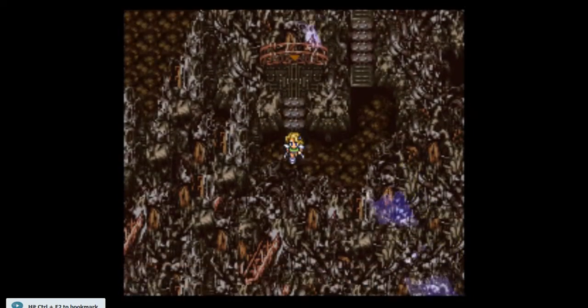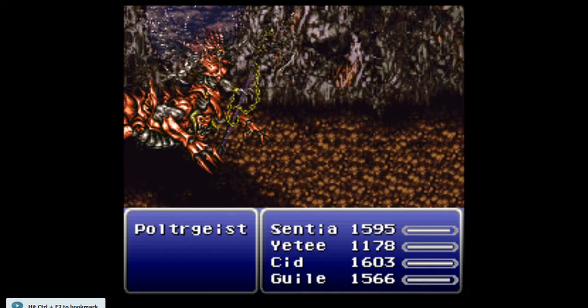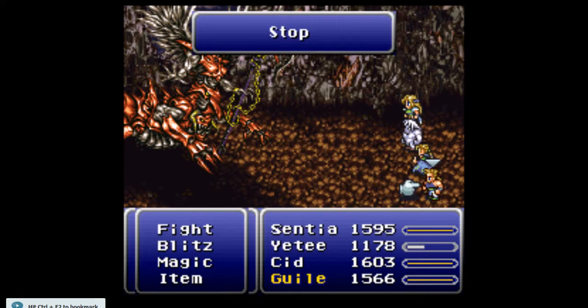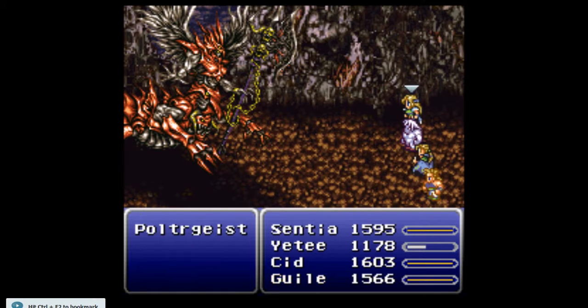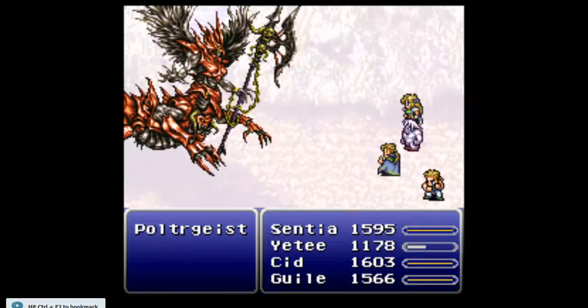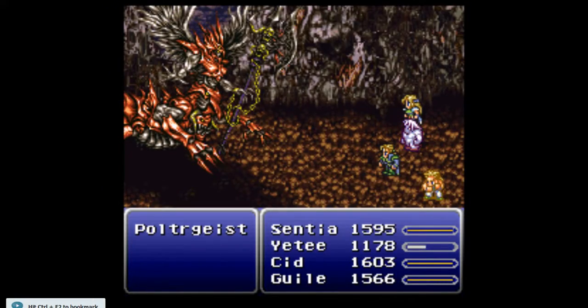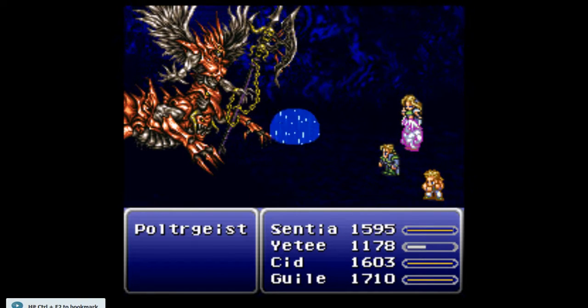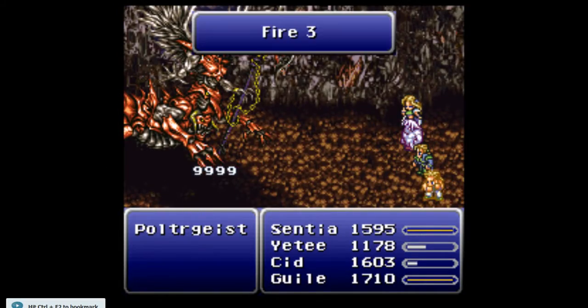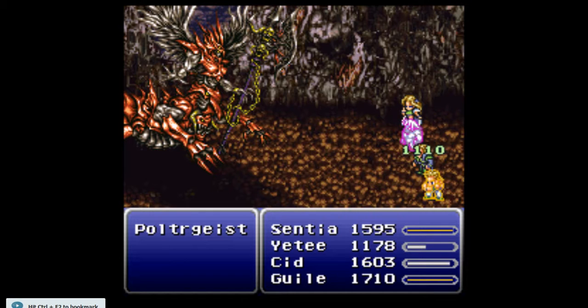Now in glitchless, you could use a party switching trick to climb that ramp, so that you don't have to fight Poltergeist at all. Stop on Yeti. He couldn't possibly have done anything better. He himself is actually weak to stop, so in a glitchless speed run, you'd want to try and use that on him. Because, of course, in non-glitchless, you skip him entirely. And then that would make him...